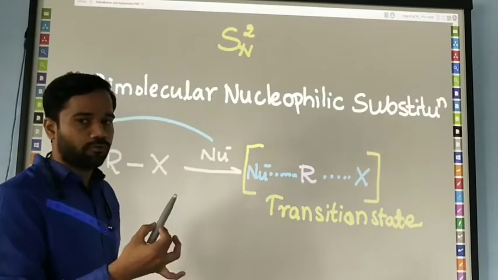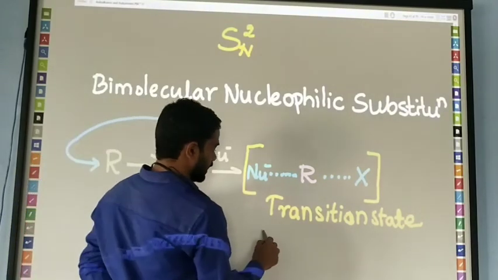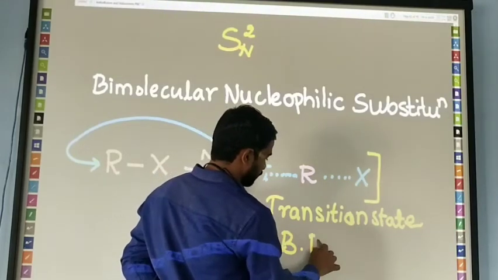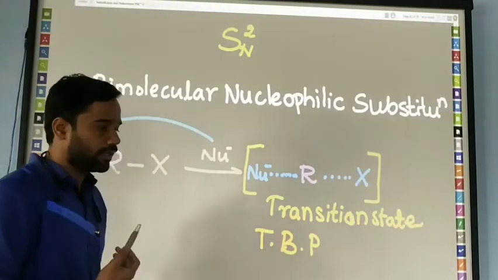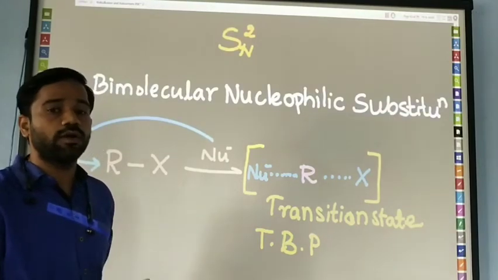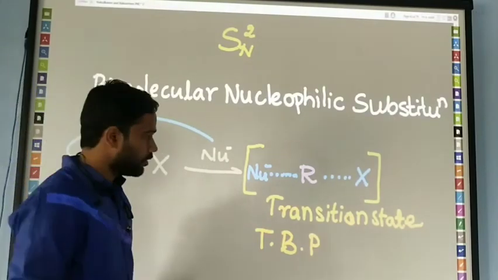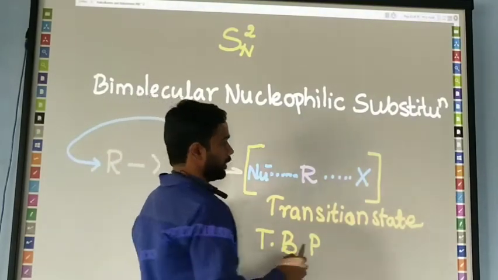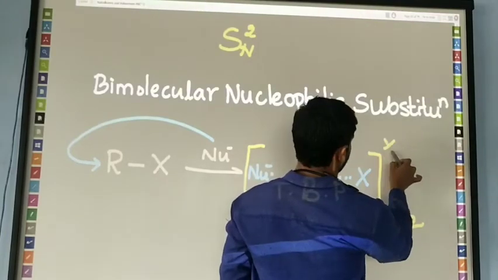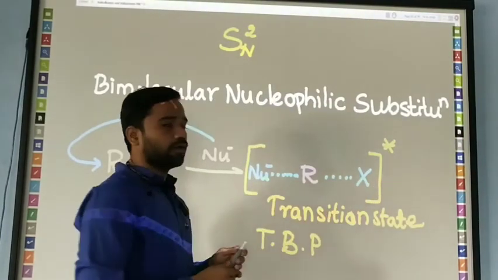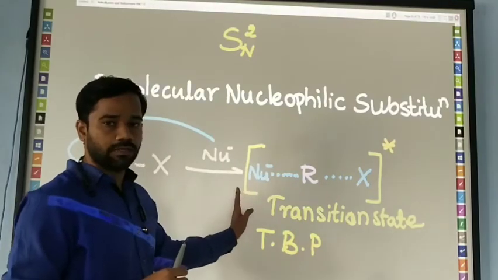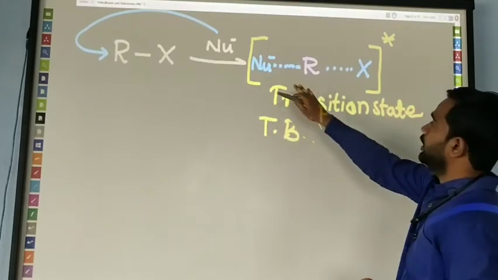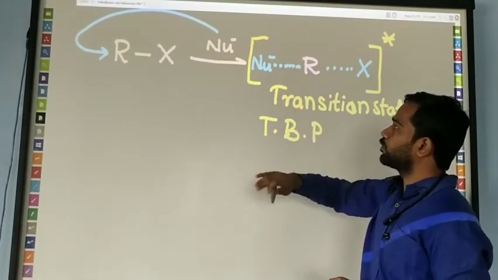Here it has a particular geometry. We call it TBP geometry. What does TBP mean? TBP stands for trigonal bipyramidal geometry. The transition state has the trigonal bipyramidal geometry. Remember that the transition state is always written inside square brackets with a double dagger, as shown. We should remember that in this case, after the attack of the nucleophile on the alkyl halide,